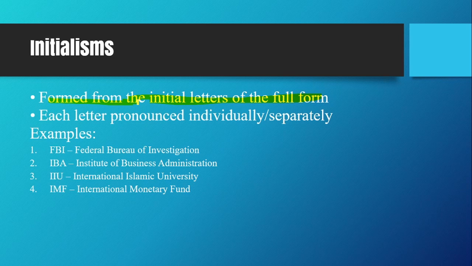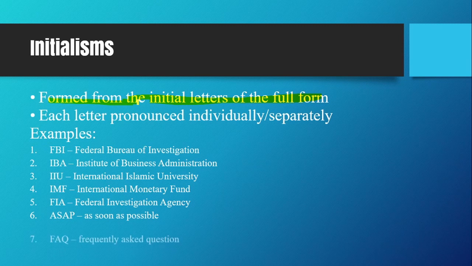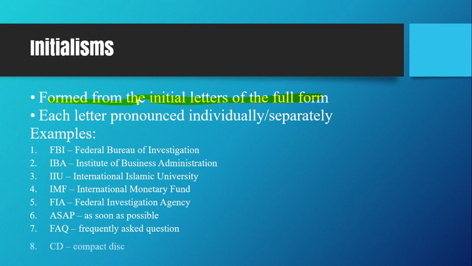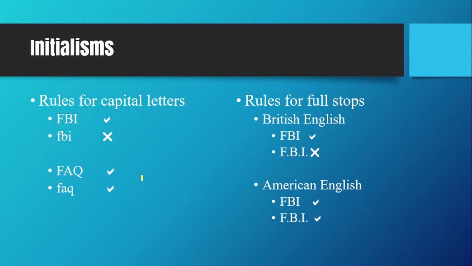FIA is the initialism of Federal Investigation Agency. ASAP, as soon as possible. FAQ, we will not read it fake, but FAQ, frequently asked questions. CD, compact disc. If we talk about the rules for making abbreviations, basically there are two types of rules: